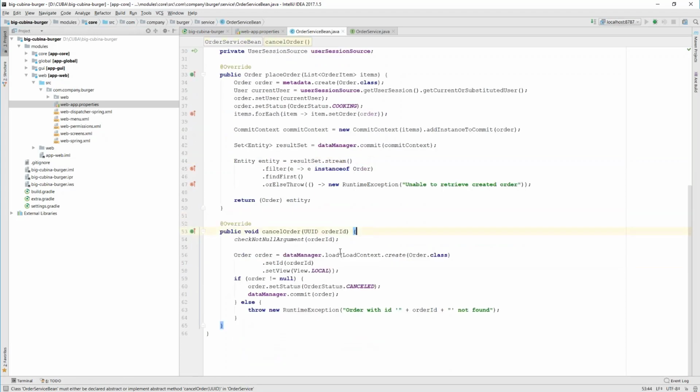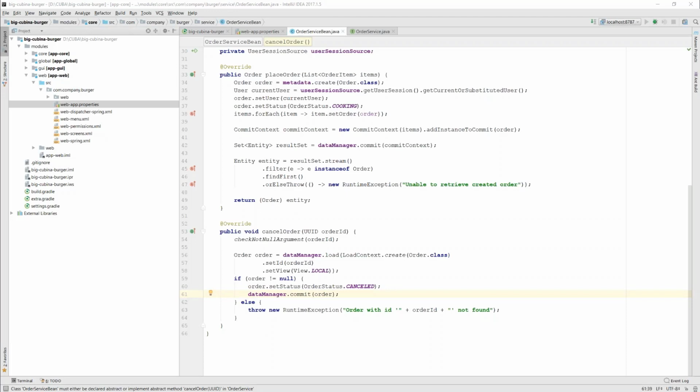Cancel order tries to load an existing order from the database by its ID, and if there is an order in the database with the given ID, then we set status canceled and commit this order. Otherwise, we throw a new exception that there is no order with the given ID.